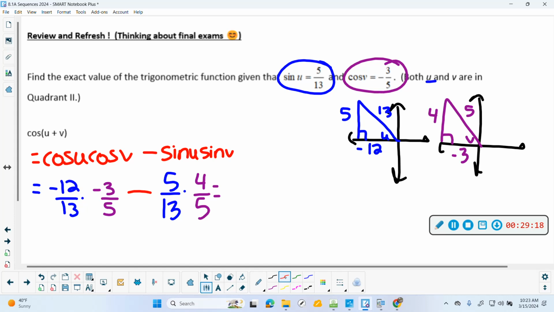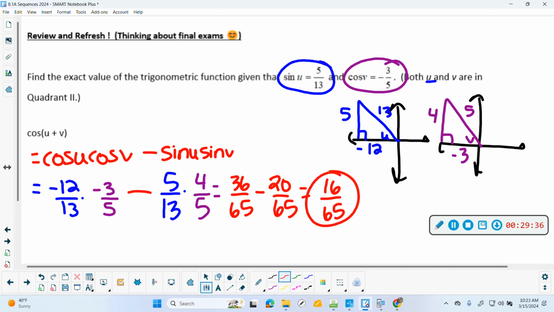Okay, let's math it out. You could use your calculator, but I think we can mental math it. We're going to have 36 over 65 minus 20 over 65 for a final answer of, got it. So no reason to get this one wrong. You get the formula sheet, you have nice triangles, there are triples with fractions, the fraction works easy. I just thought we might need a refresher on some of this chapter 5 stuff, so that's also on the notes or the packets, because I did put some review stuff in. You're welcome. Wait, it's chapter